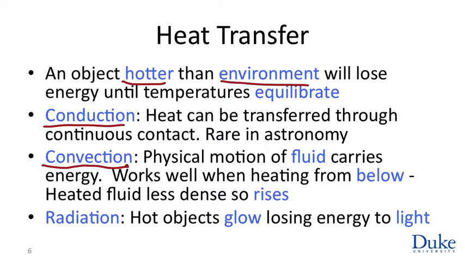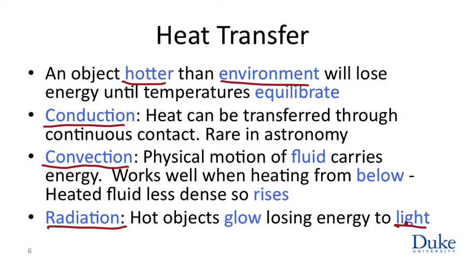None of this, of course, is helpful to the sun in losing its energy to space, because the sun is not in contact with anything, nor is there any fluid around it to convect. The way the sun loses energy to space is radiation. It turns out that every object, unless it's at zero temperature, glows, and that mechanism of energy loss is radiation heat transfer, and essentially the radiation in question is sunlight. Sunlight is the way the sun attempts to heat up space, losing energy because it's warmer.